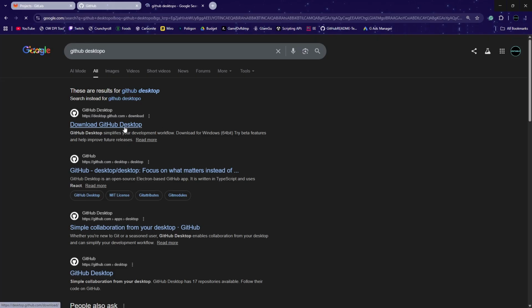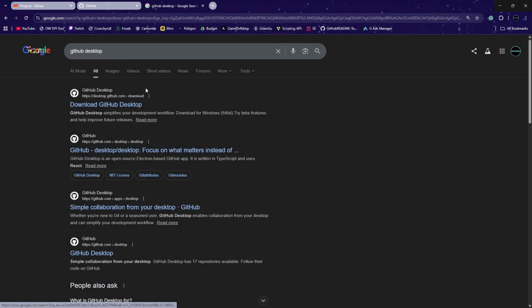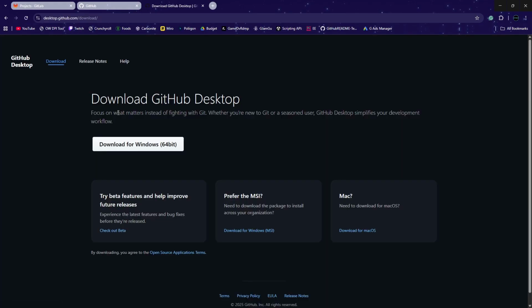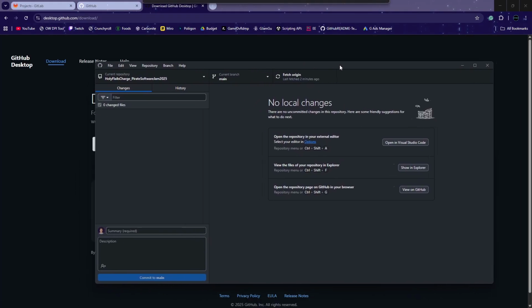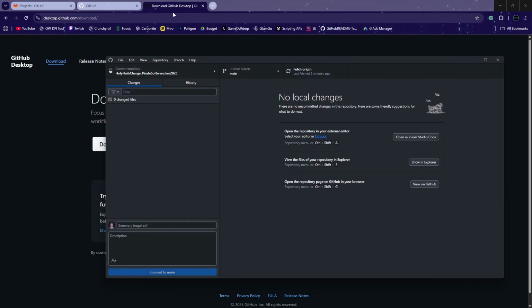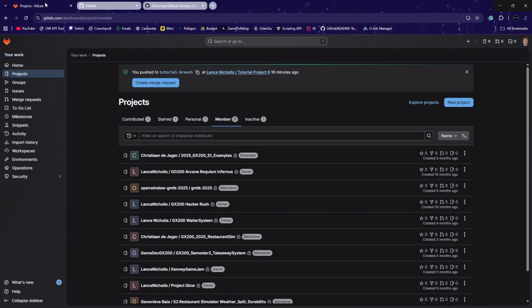First of all, for this tutorial, you'll need to download GitHub Desktop and have a GitLab account. You could still use github.com instead of GitLab, but I prefer using gitlab.com. Alright, so once you've got your GitHub Desktop set up and your GitLab account up and running, the